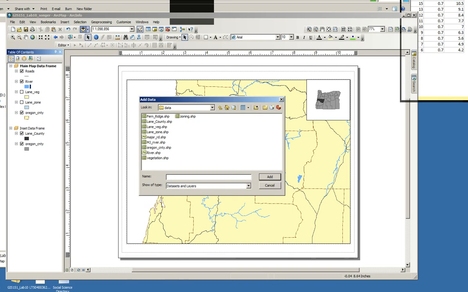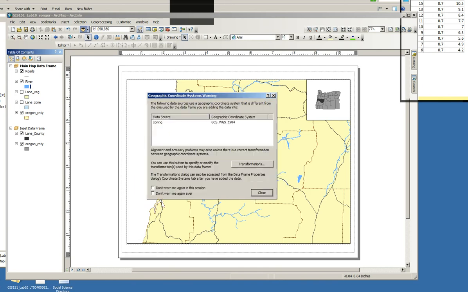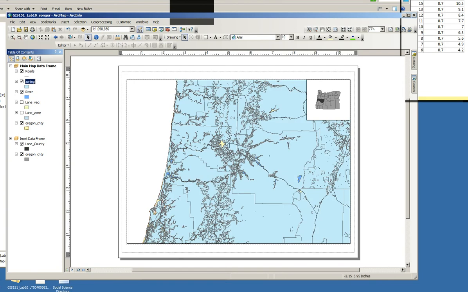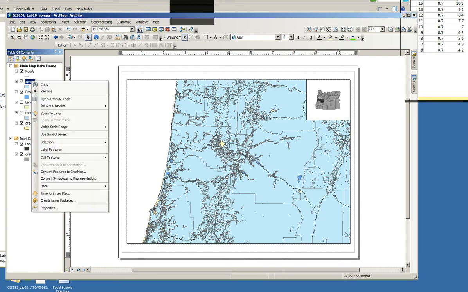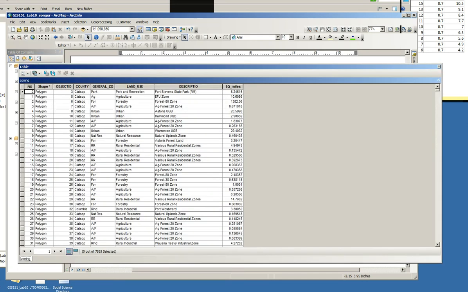There's two zonings. One is Lane and one is the whole state. So I'm going to add the state zoning. And because I've changed my projection, I get that warning and I just go ahead and work through that. So we're going to open up the attribute table, right click the layer and open up the attribute table, and